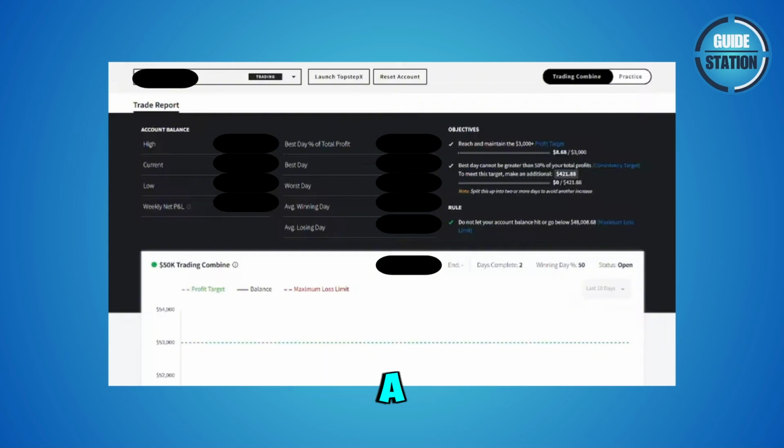Now, here's something a lot of people miss. Every monthly subscription comes with one free automatic reset. This gets applied on your billing date only if you broke a rule before that date. So, if that's the case, you may not need to pay for a manual reset at all. And that's basically it. Just make sure you have an active subscription and you'll be able to reset your account